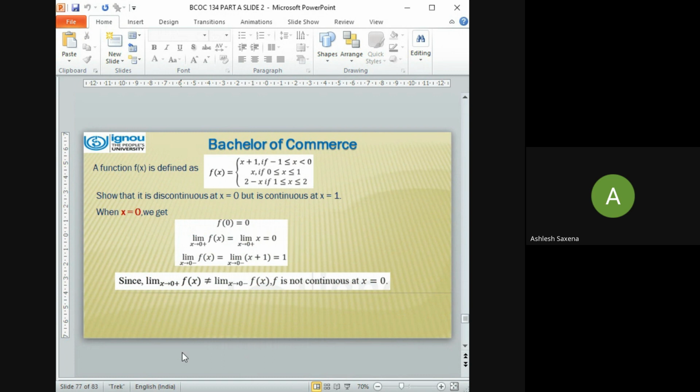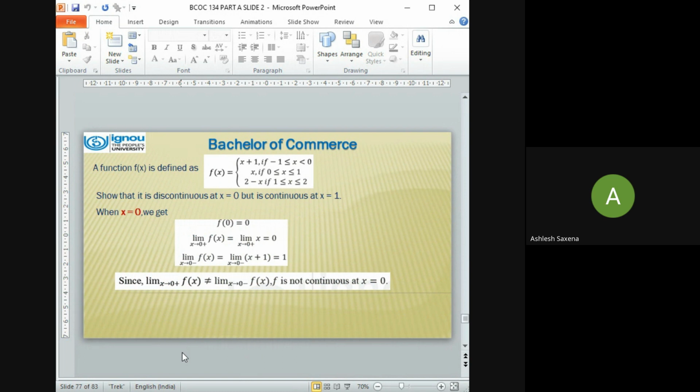Now what are we supposed to do? We have to show that it is discontinuous at x equal to 0, but it is continuous at x equal to 1. This is the point you have to refer to. In this problem, I am showing you discontinuity and continuity. The question says that the function is discontinuous at x equal to 0. Okay,